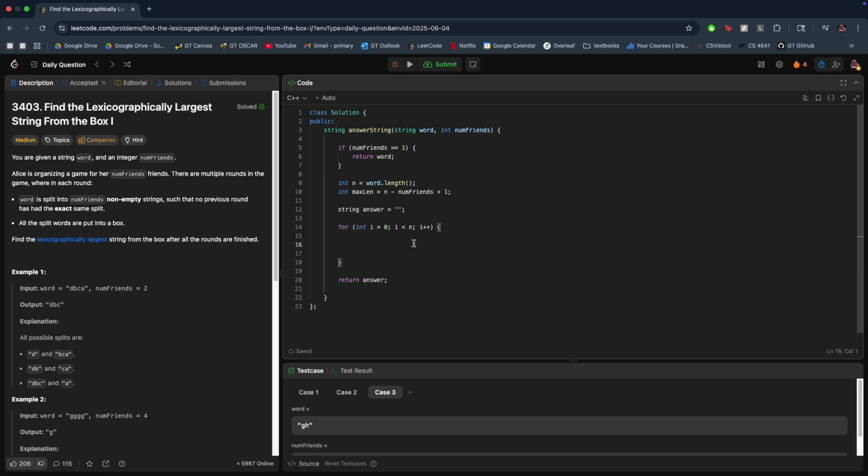Okay, so one great thing about C++ is that if we have, for example, Z and then A here, this actually compares strings lexicographically. So we don't have to write a helper method for that. So that's great for us. So what we're gonna do is say string candidate answer is equal to word dot substring of the starting index plus the number of characters we're gonna take. So what is this? This is max len,